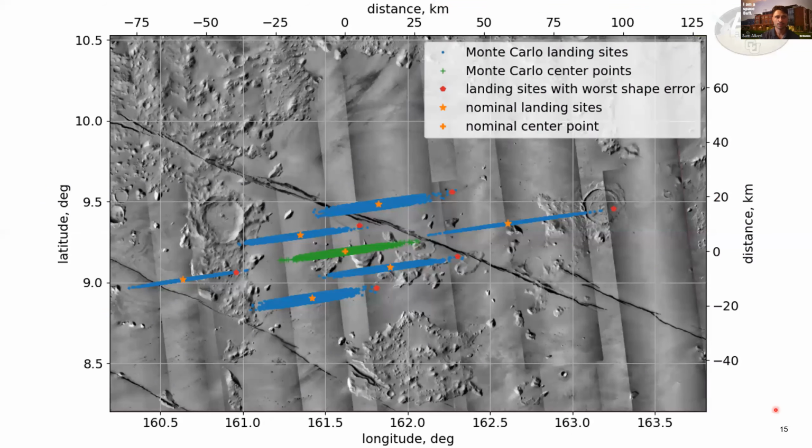So we use that method to design maneuvers for this notional network of 6 probes. The idea here is a regional seismic network delivered to Cerberus Fossae, a region of known seismicity on Mars. And so the nominal landing sites are shown in the orange stars here. And then the results of a 1,000 trial Monte Carlo analysis are shown with these blue dots. These are substantial landing dispersions, and one might naively look at this and think that there will be all kinds of network distortion as a result of those dispersions, but it turns out, most of this error is strongly correlated